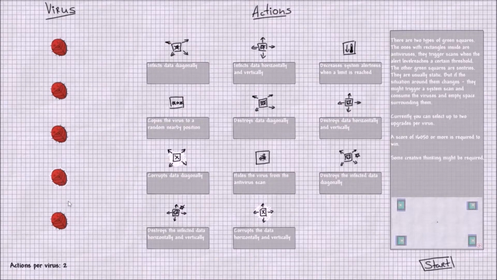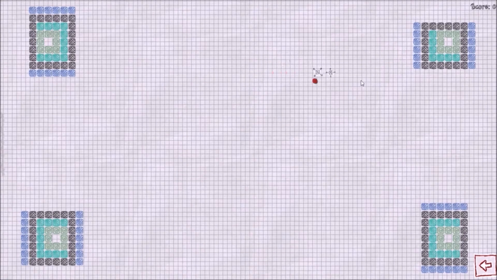So probably for that virus we need to copy it, and we need to infect data, let's say horizontally and vertically. And now let's try doing that. Let's place 1 here. And it takes a while to kind of corrupt stuff. Let's place 1 here, 1 here, and 1 here. And then we just put the other one, the 4th one, just anywhere, and see it multiply